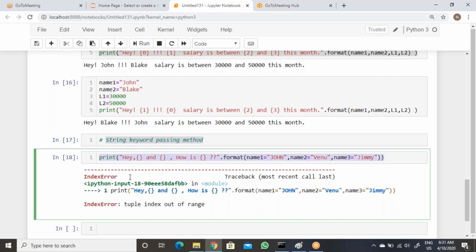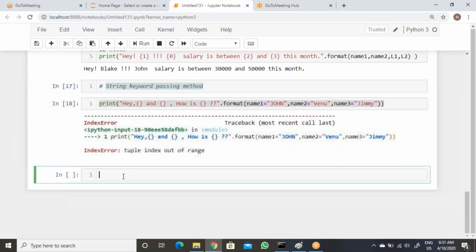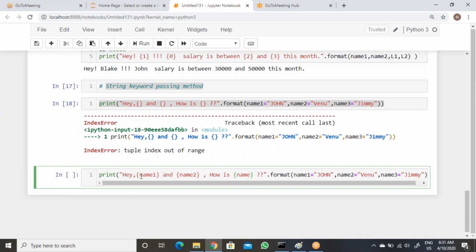Tuple index out of range. So why it is saying that? So 1, 2, 3, and then 1, 2, 3. It's a format. Now what I'm trying to do here, we need to, whenever you are passing the variable, like you can say keywords, it should be inside the placeholder.